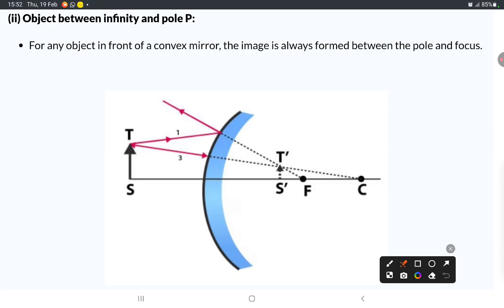One ray is a parallel ray, which will be reflected back here. Another one will be reflected back. Another one, for example, I kept, maybe this is at the center of curvature here. So another ray which is coming from the center of curvature will be reflected in the same direction. So if, after extension, clear, they will meet